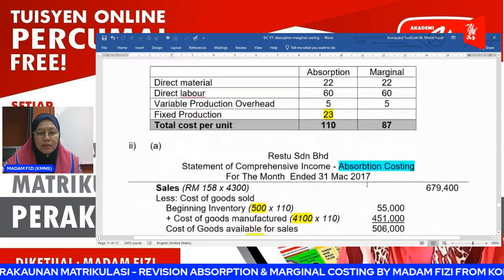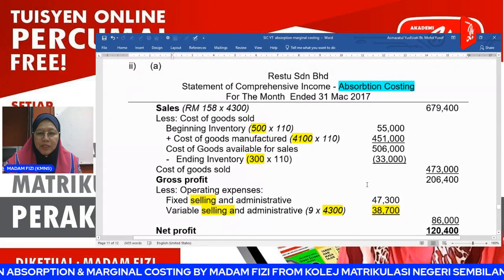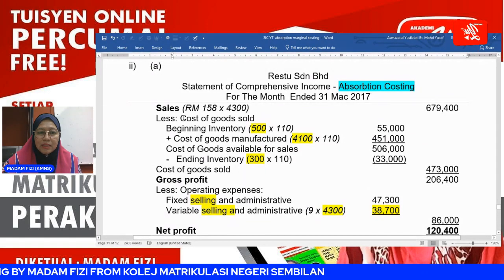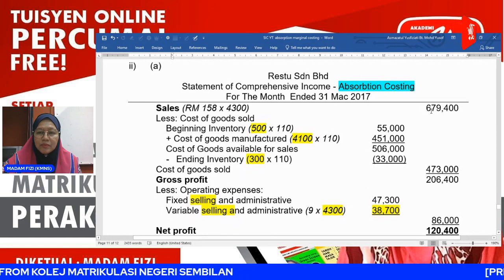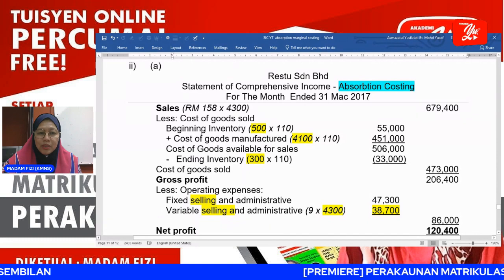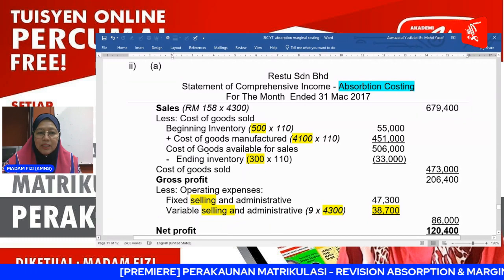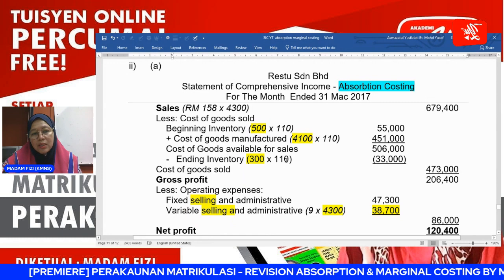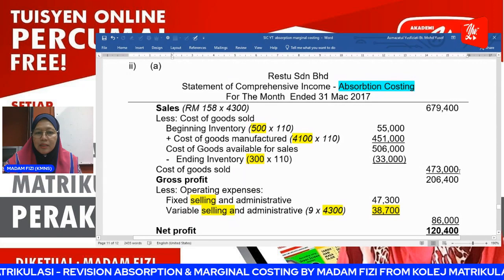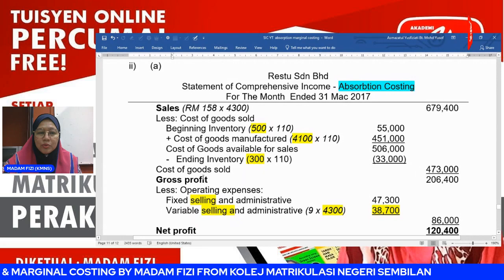Okay, next is to prepare the statement of comprehensive income. For absorption costing, sales equals 675,400, less cost of goods sold: beginning inventory, plus cost of goods manufactured, minus ending inventory. So the cost of goods sold equals 473,000. Sales minus cost of goods sold equals gross profit,